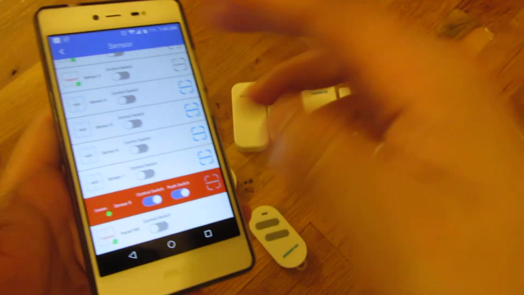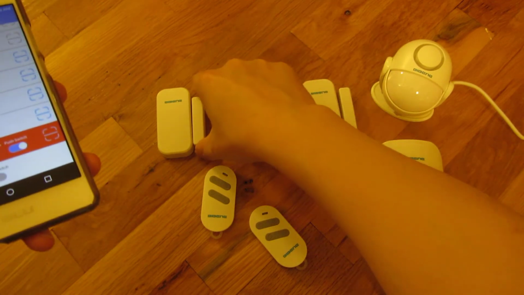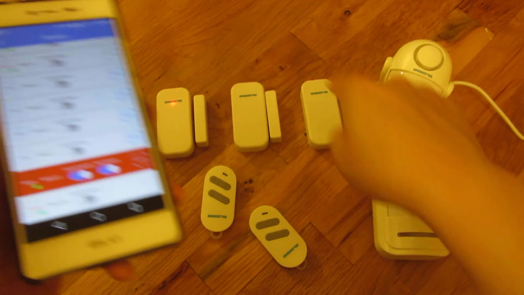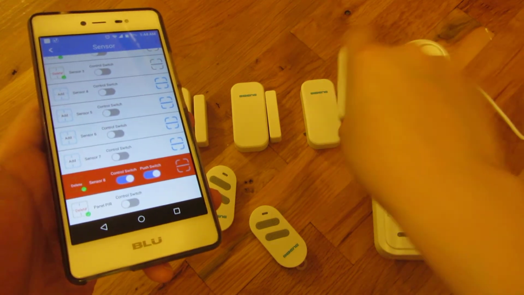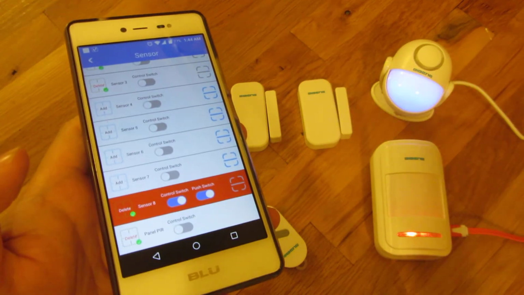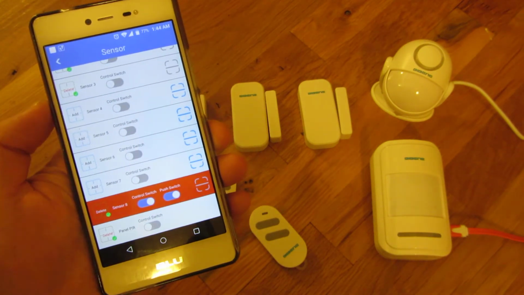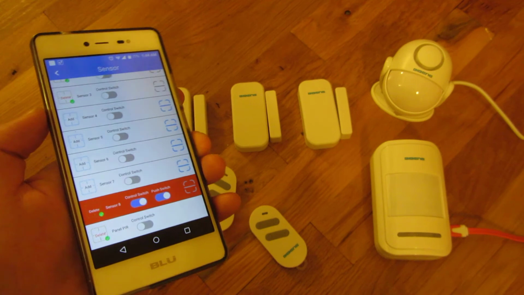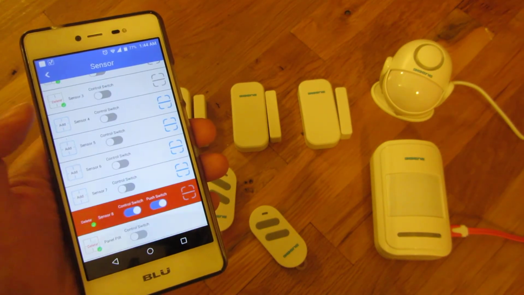So even though all of these are disarmed, this particular one is not. So if I trigger it, you see it still sounds. So that is basically the difference between all of these sensors and some of the settings on this app,